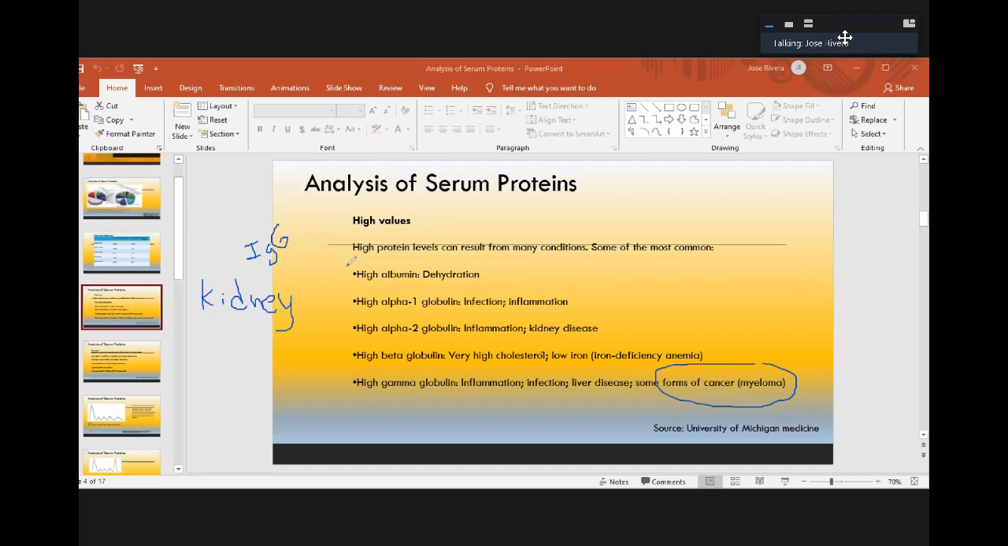So myeloma patients. It takes time for these conditions to appear, and so once they are detected, it's usually because there's already a lot of IgGs present in the serum of the patient. And so